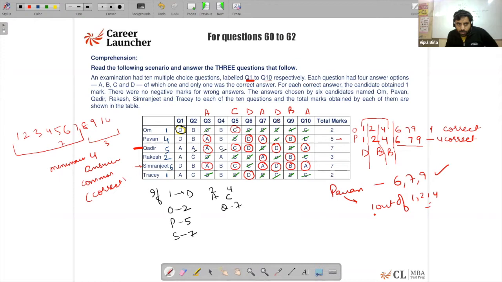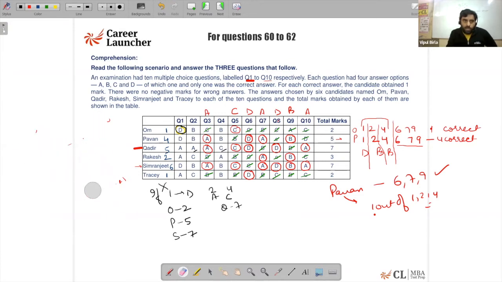And if second is this, Rakesh has got this wrong, and Rakesh has got fourth also wrong. So in that case, Rakesh will have only 2 correct, but they have given that Rakesh is 3. Therefore, 1 is D is not correct. So that means this case is ruled out. So now let's see, because I can eliminate with this, because this way I'm not getting 3 answers for this. So let's erase this. This is not possible.